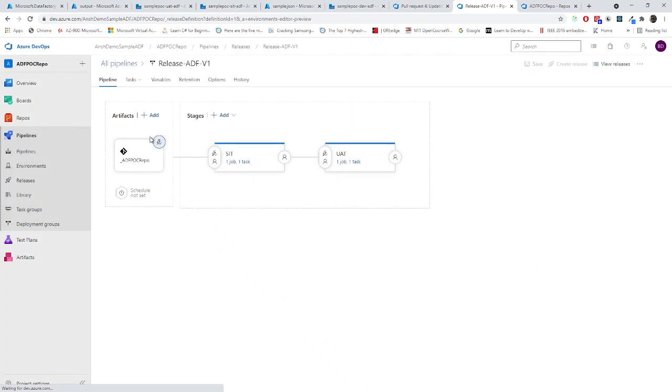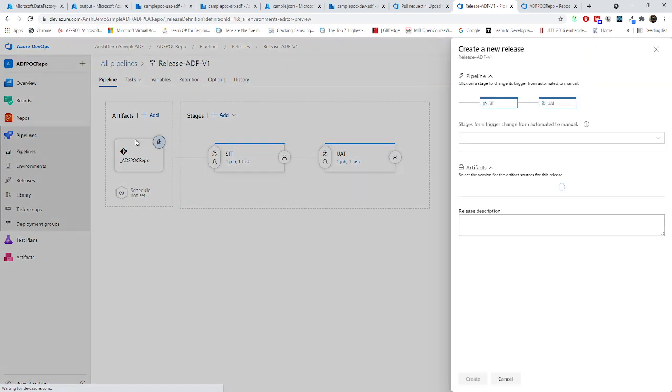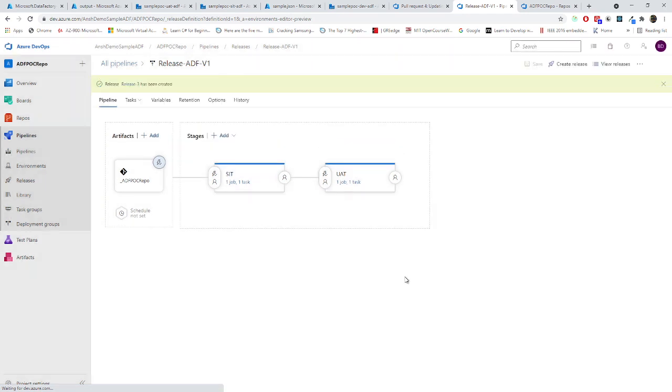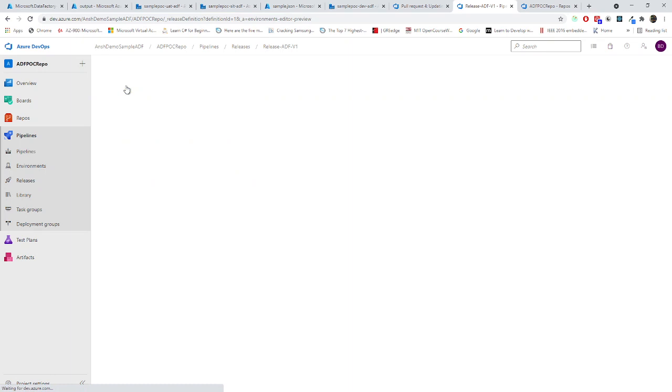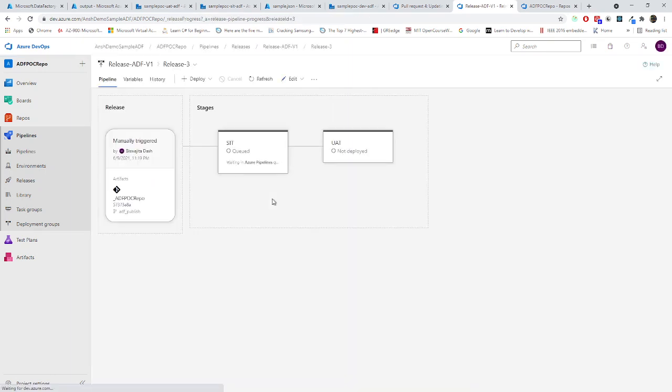If this had been done properly a few minutes before, this should have kicked off naturally, but right now we have created it manually, so we have to create the release manually. You can use this in your task. You just try this one. Right now I'm releasing this. Now the release got created. Let's see if everything will be deployed successfully or not.